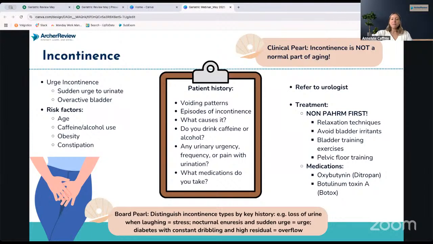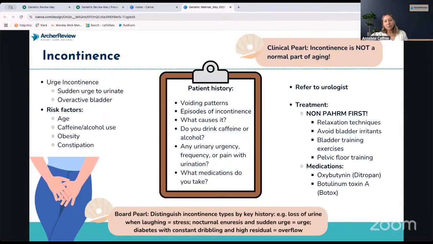Stress incontinence is going to be when there's too much pressure there. Like when they're laughing, if they pee their pants, or if they're jumping on a trampoline and they pee their pants. Really more common in women that have given birth before. And then lastly, there's overflow incontinence. That's when you get that incomplete emptying because of things like benign prostatic hyperplasia, BPH, that can cause overflow.